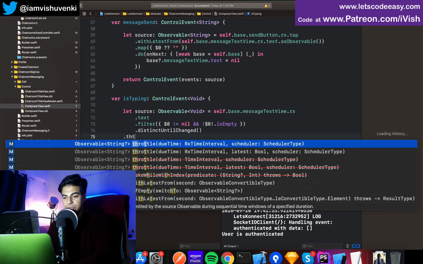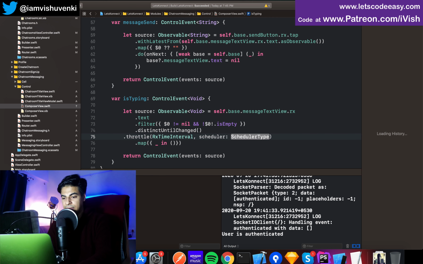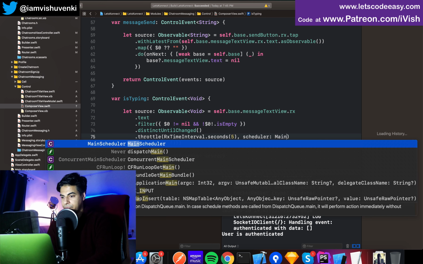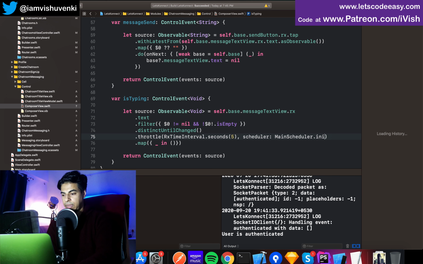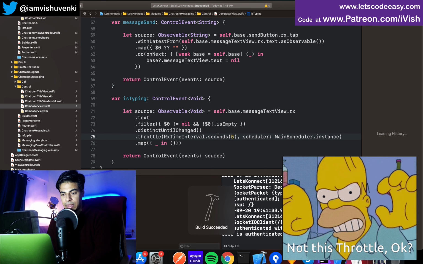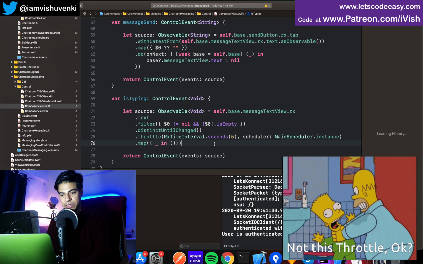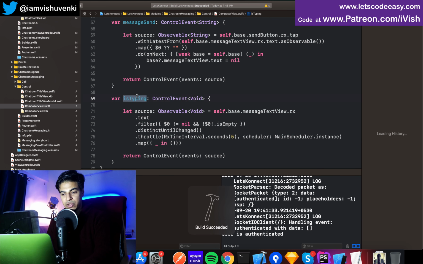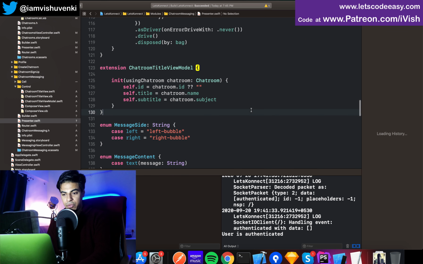And also I'm going to apply a throttle, which is more like I don't want to send a signal to the WebSocket for every text change saying I have changed. Instead, I'll wait for 5 seconds and then send it. Main scheduler dot instance, let's just run it in main scheduler. So this throttle will help in only sending one signal per 5 seconds, so that way you can avoid sending 1111 signals for each text change. So this is my ease typing signal,